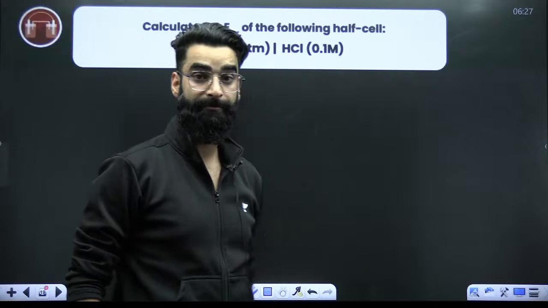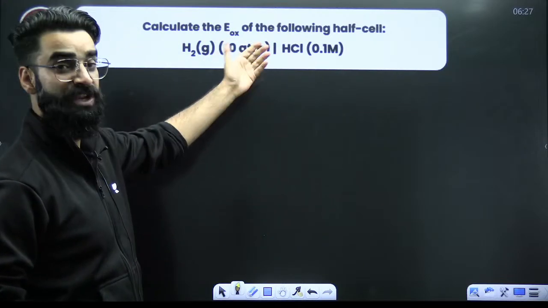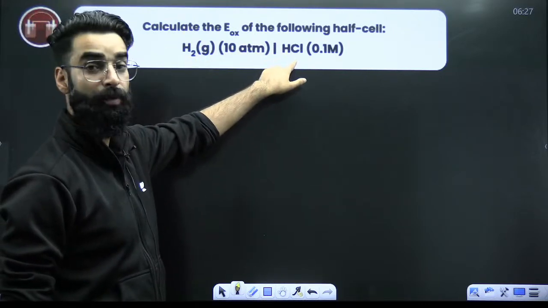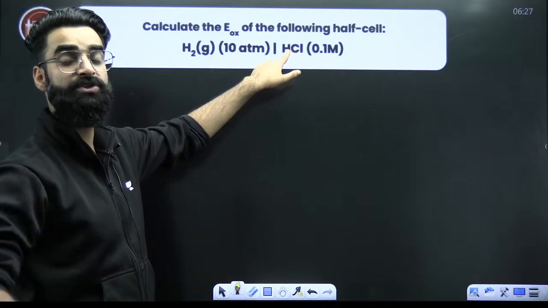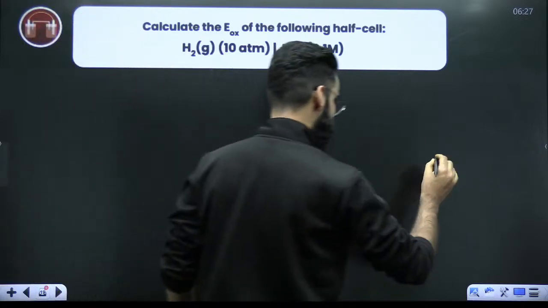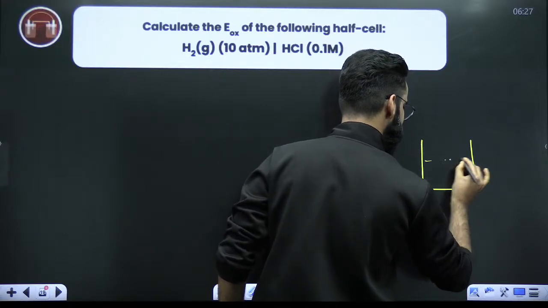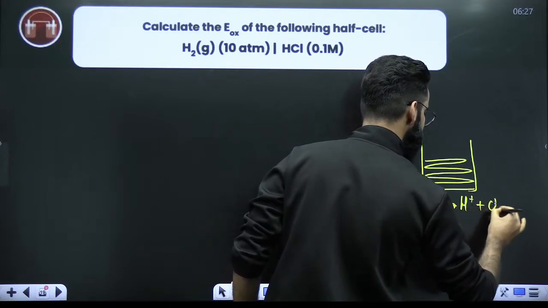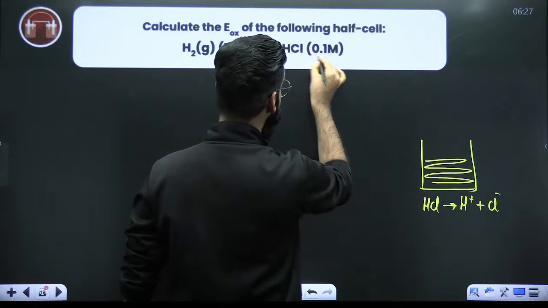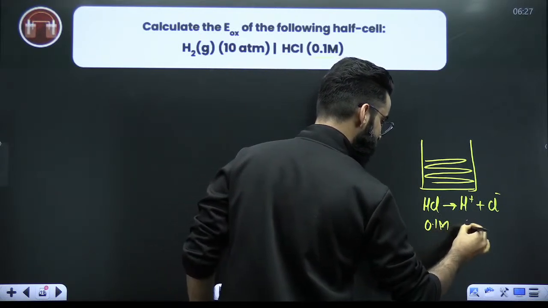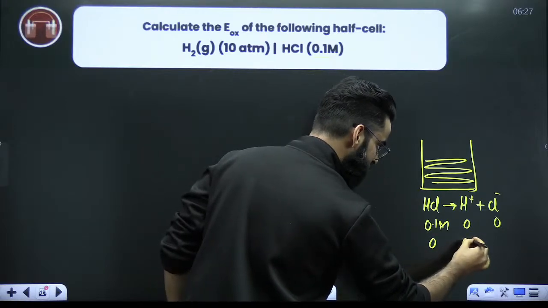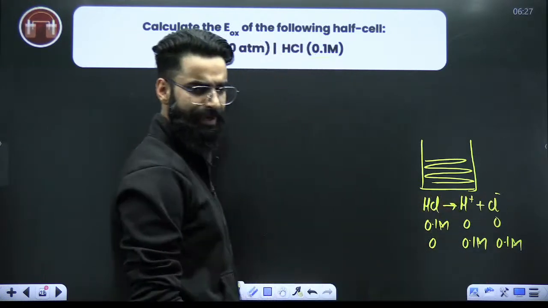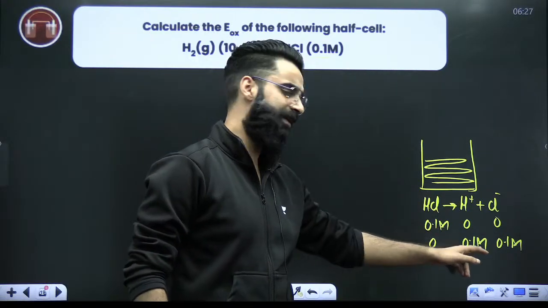Look at this particular question. Calculate the oxidation potential of this particular half cell. Your half cell is H2 gas. This side you have HCl. So HCl in the container would have dissociated as H+ plus Cl-. I'm making it in a simpler format like this. Imagine that in this container you have kept HCl, and this HCl would have dissociated as H+ plus Cl-. The concentration of HCl which you have taken is 0.1 molar. So initially this will be 0, this will be 0. Finally this will be 0.1 molar, and this is 0.1 molar as well, because the stoichiometry is 1:1:1, right? Simple. 1 mole gives 1 mole, so 0.1 is going to give 0.1.